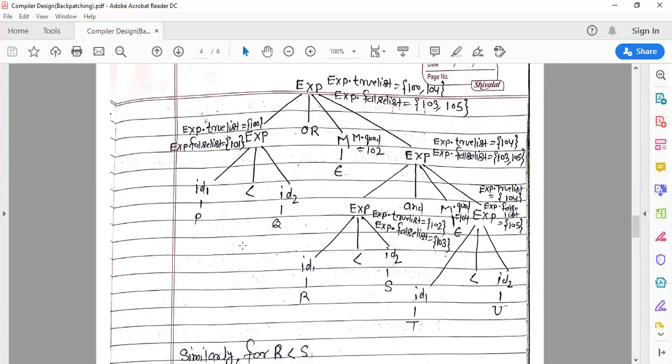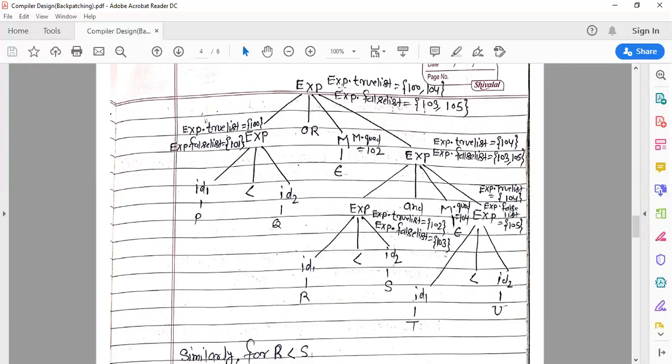You can see at the leaf nodes we have P less than Q or R less than S and T less than U. So the given Boolean expression has been derived with the help of the given grammar. This is the first step, the annotated parse tree.